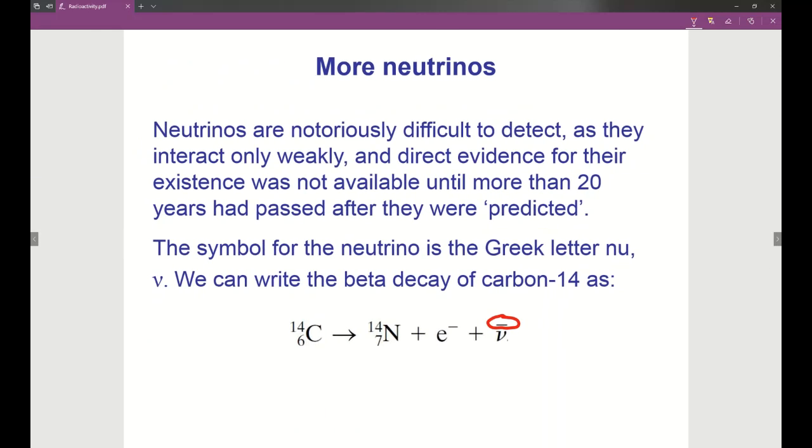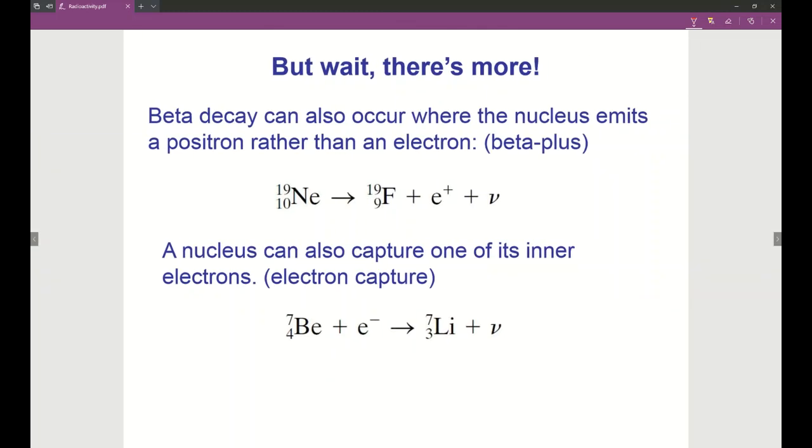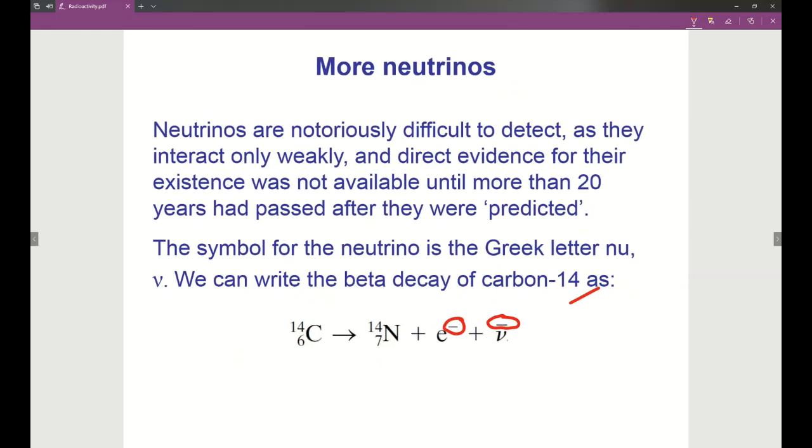Whereas in the past, we can see that a negative electron, which is a normal quote-unquote matter electron, and an antineutrino, which is the antimatter version of neutrino, is formed. Then here, a positron, which is an antimatter electron, is produced, and a normal neutrino is also produced. And we can see here that instead of the atomic number gaining 1, the atomic number loses 1, as you can see here. So this is actually known as beta plus decay. The previous decay is notated as beta minus decay.